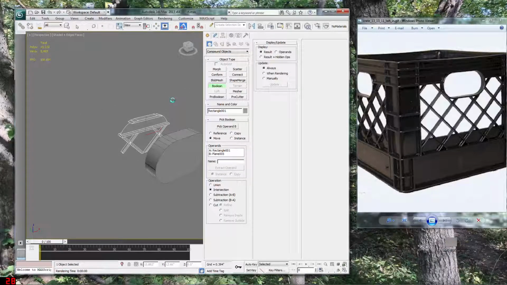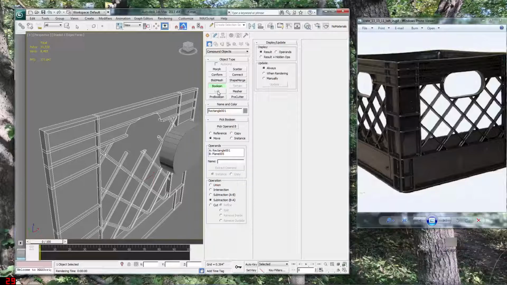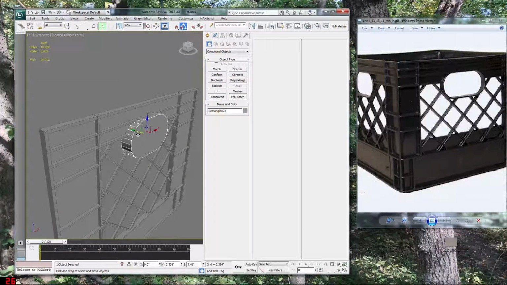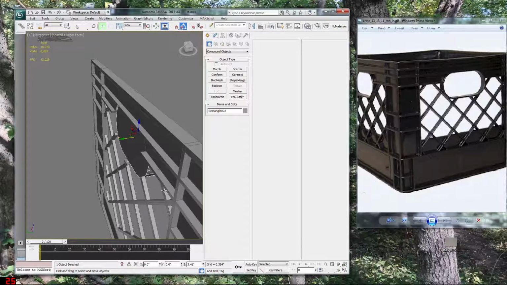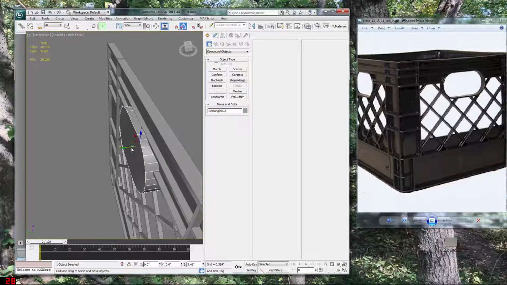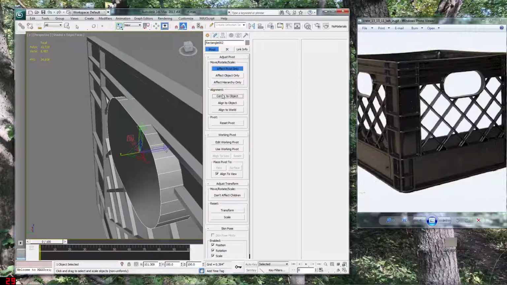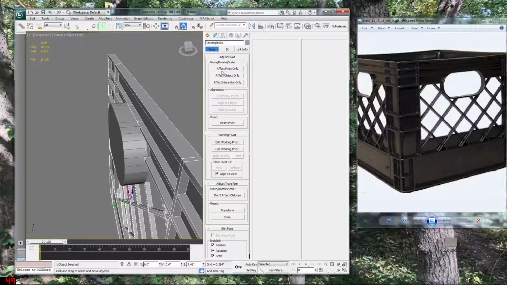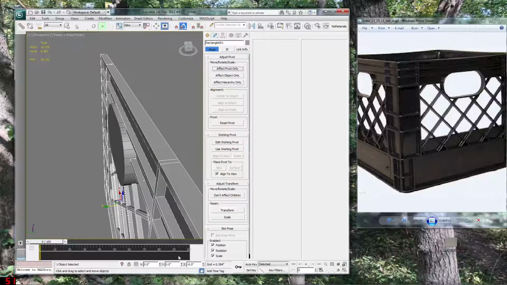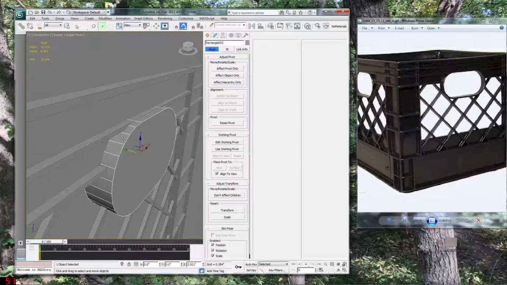I'm going to pick operand B. And then what you do first, let's go here to hierarchy, affect pivot, center that to object, and then pivot, center to object. Alright, so once we got that, what we're going to do is, because we got another one of these,